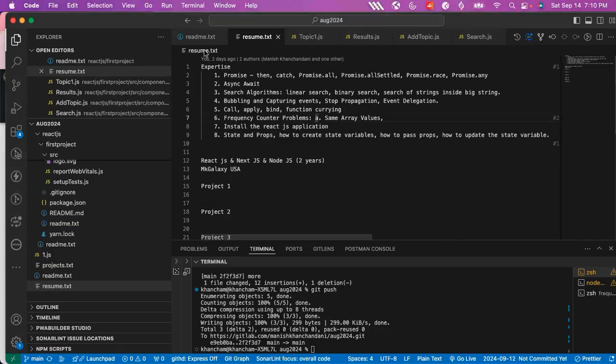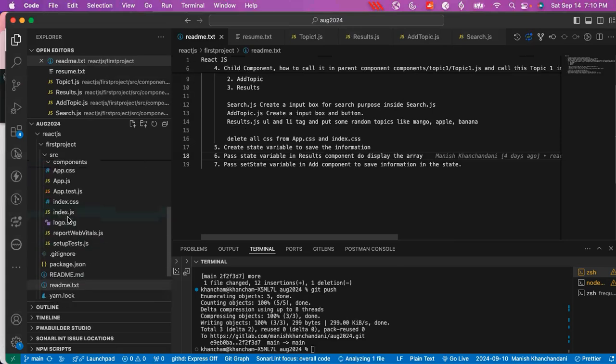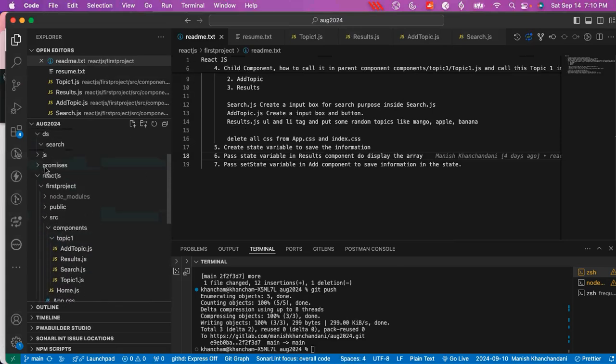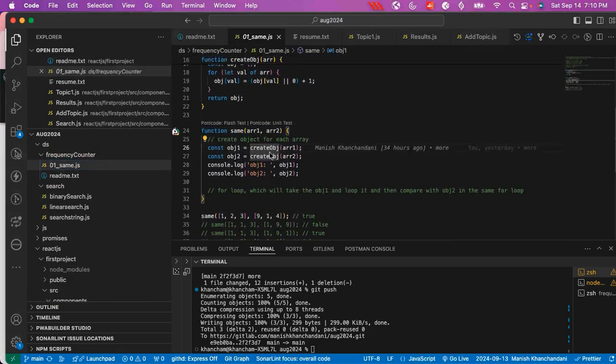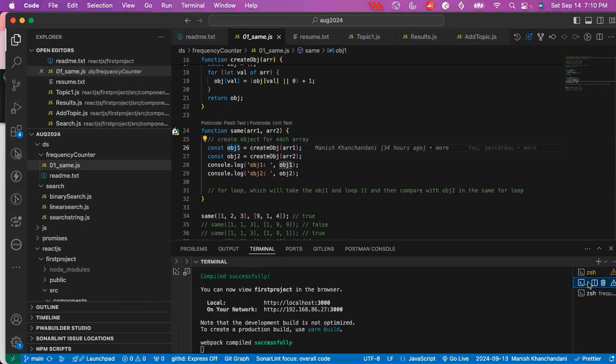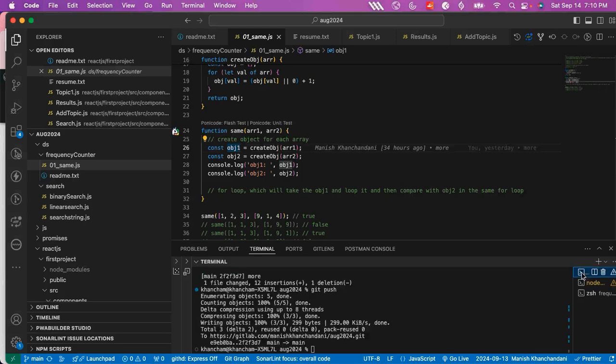So yesterday we were doing this problem, which is still not completed. Let's complete this problem. So I told you that we have two objects. If I run both the objects, you will see